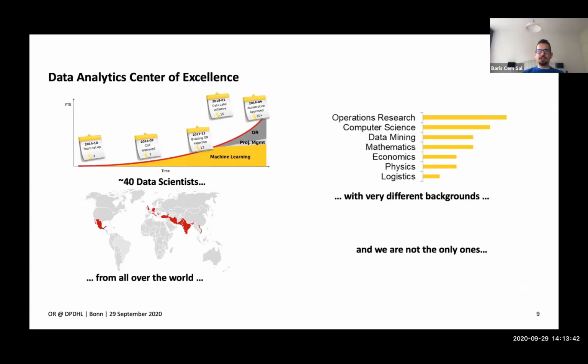Great. I just want to talk about how we see data analytics. In 2014, before I joined, of course, there was a team of 2 people who built this data analytics center of excellence as a central function, just to come up with solutions to business problems. And in 2016, the COE was approved by the board, and from then we really kicked off. Since the end of 2017 and 2018, we started doing the data lake, and also we started increasing our expertise in